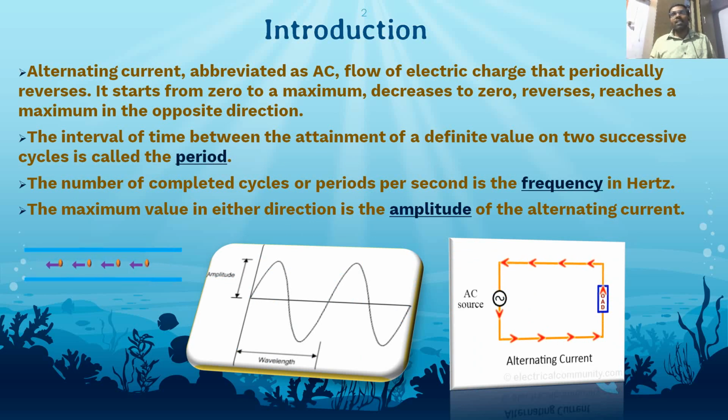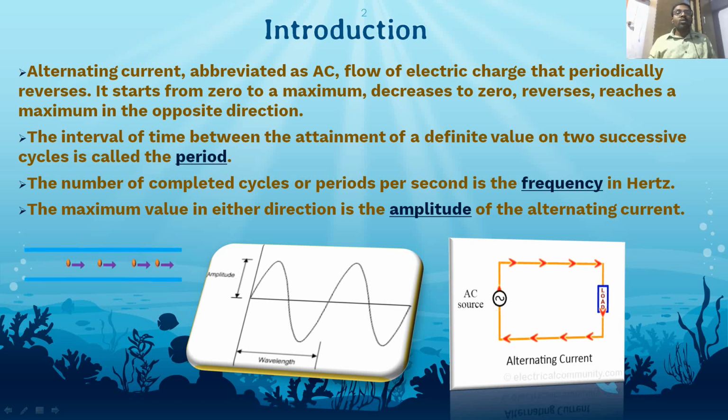Current, voltage, and everything. So to have a current in the circuit, we need to have a voltage in the circuit, right? So this current can be categorized into two types. One is AC current and another one is DC current. Okay. So first of all, the generated current is AC current only. So from the generation, we are purely obtaining the AC current only. Okay. So that topic only today I'm going to share.